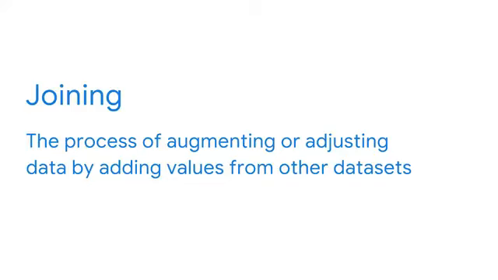Joining is the process of augmenting or adjusting data by adding values from other data sets. In other words, you might add more value or context to the data by adding more information from other data sources. For example, you might find during the discovering, structuring, or cleaning processes that the data set doesn't have enough data for you to complete a specific project. In that case, you should enrich the data by adding more to it. As an example, remember when I talked about the UK and college degrees to help understand bias?